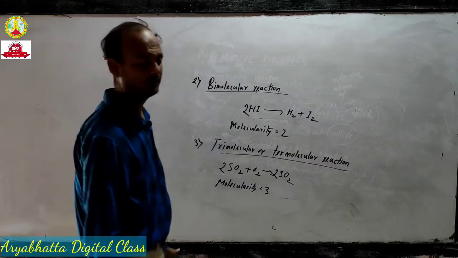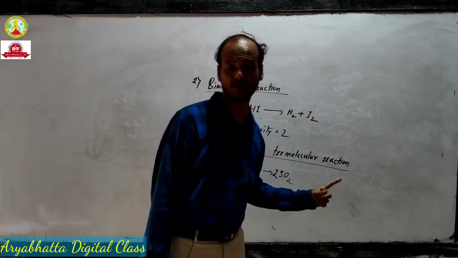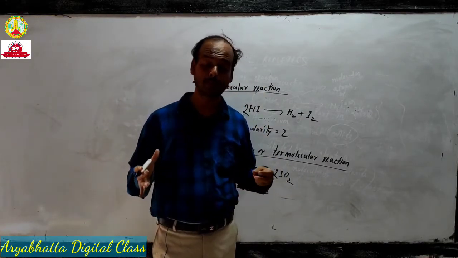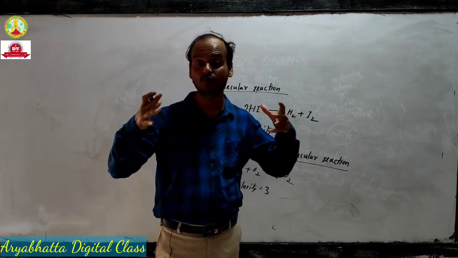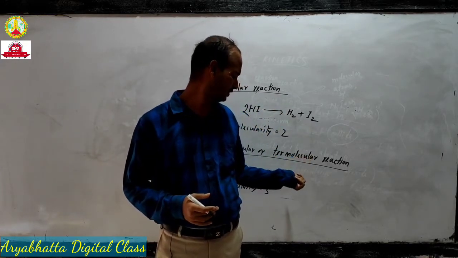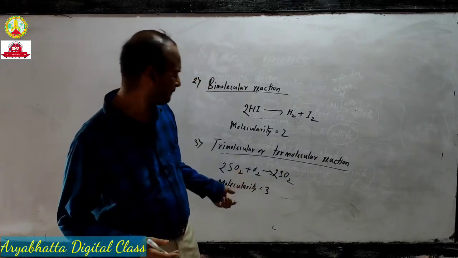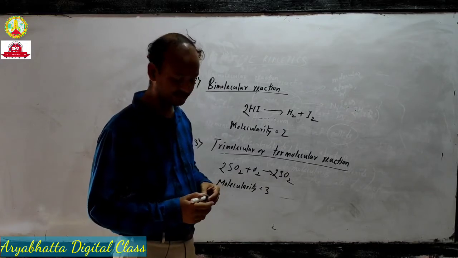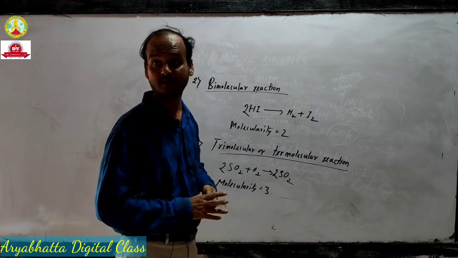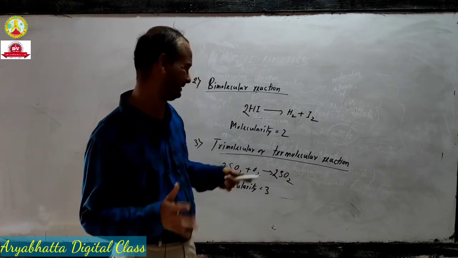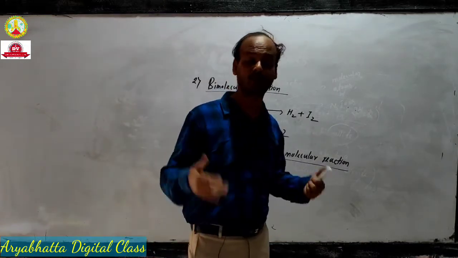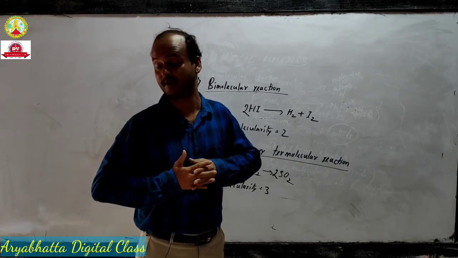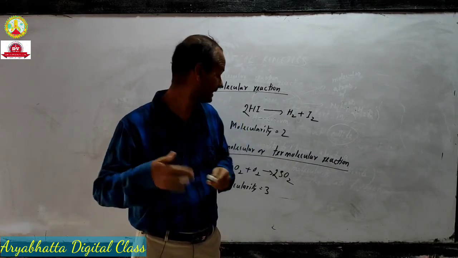Again I repeat. In a unimolecular reaction, molecularity is 1. Only one species is involved. In a bimolecular reaction, molecularity is 2, which means there is a collision between 2 species, and in a trimolecular reaction, molecularity is 3. But molecularity above 3 generally is not possible. It is a rare condition when more than 3 molecules collide with each other. You will get these types of concepts in higher classes. Generally collision does not take place where molecularity is greater than 3.